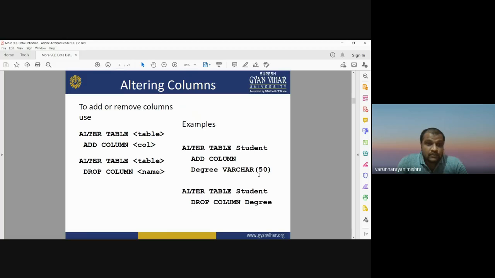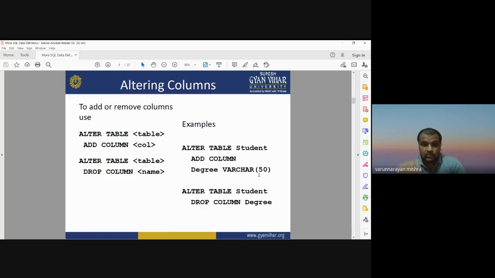Okay, and when you run the command, suppose ALTER TABLE, you will write it in capital letters. All the commands, whether DROP TABLE, ALTER TABLE, CREATE TABLE, should always be written in capital letters. Here ALTER TABLE is written in capital letters, then within the angle brackets you will write the name of the table, meaning the table in which you want to add the column. If you want to add the column in table 1, then you will write ALTER TABLE, and in brackets table 1. Then in the next line you will write ADD COLUMN.